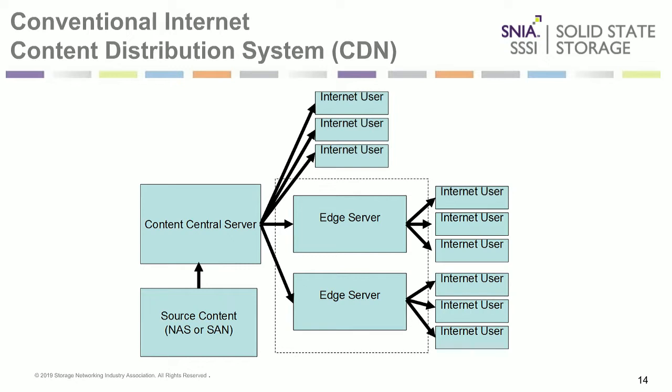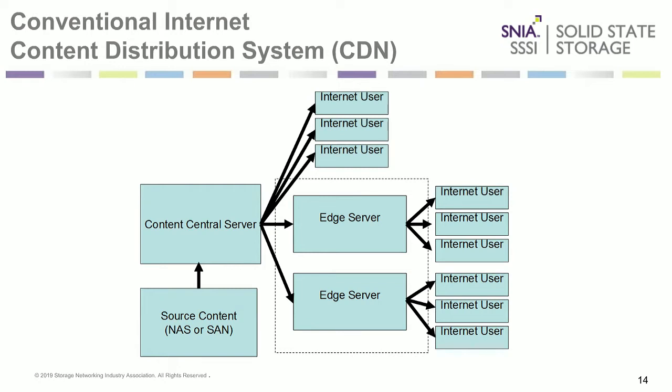One of the most common ways, which has been around for some time, is called the Content Delivery Network. In fact, there are even cloud-based services that offer this as one of their services. Once people get their content in the cloud, they want to distribute it from the cloud. So the way a CDN works is I've got a central content server of some sort,